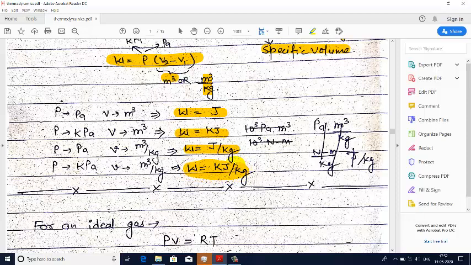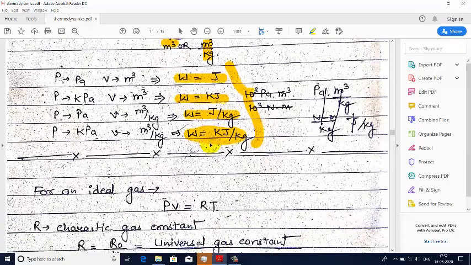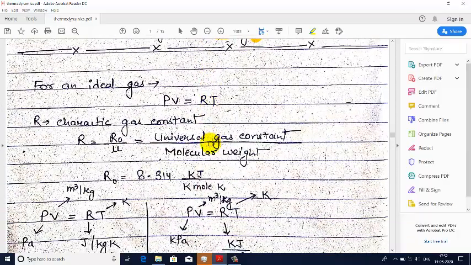So you have to see what the limits of pressure and volume are, and depending on that the unit of work transfer will be there. Okay, so I have discussed 4 different cases here. Next,